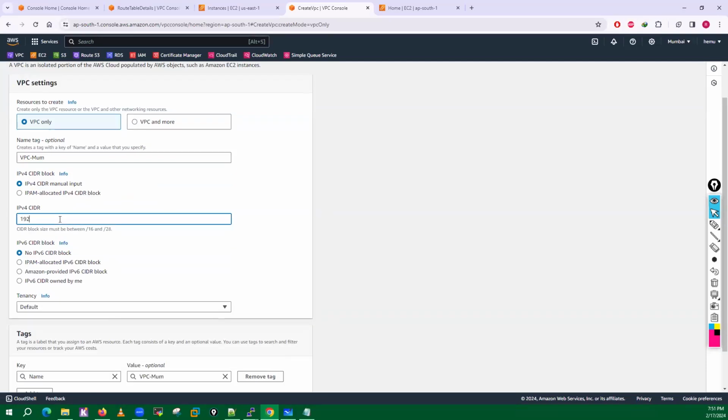Let's suppose I'm using 192.168, or 172. Let me use another series here. Let me use 172.19.0.0/20. I'm using this particular CIDR for Mumbai.